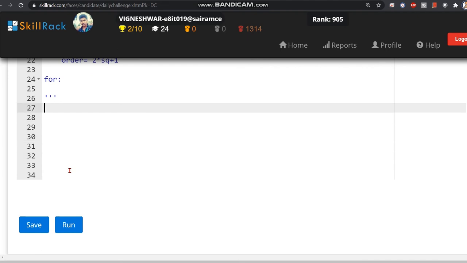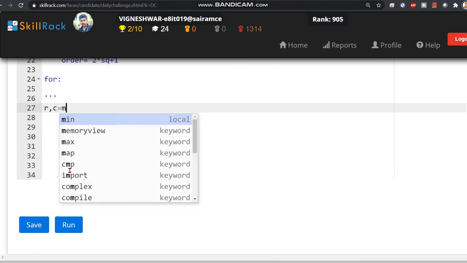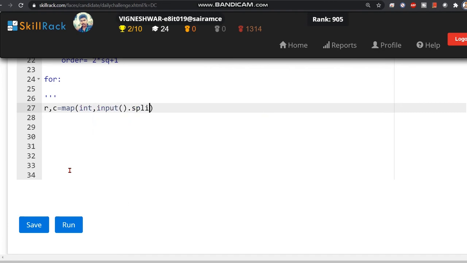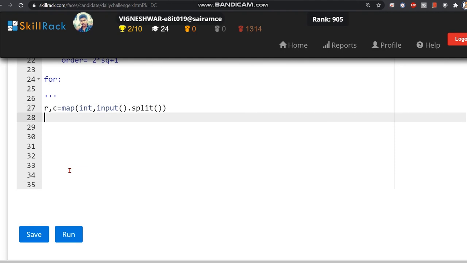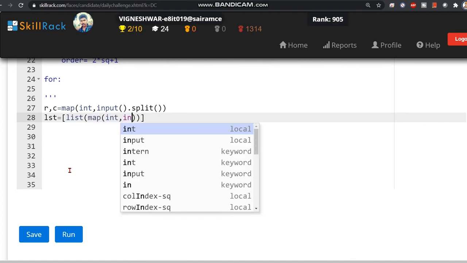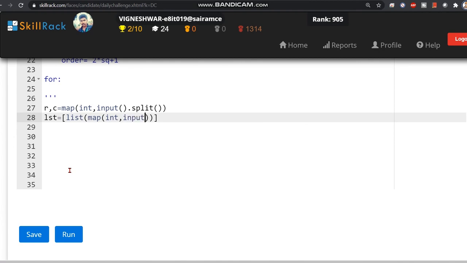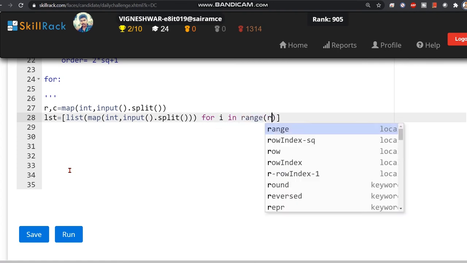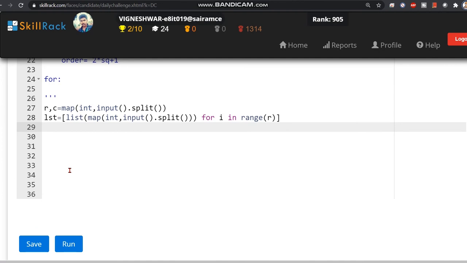First, let's get the input. So r, c equals map of int, input dot split, and then lst equals list of map of int, input dot split, and for i in range of r, and then we have x equal to int of input.